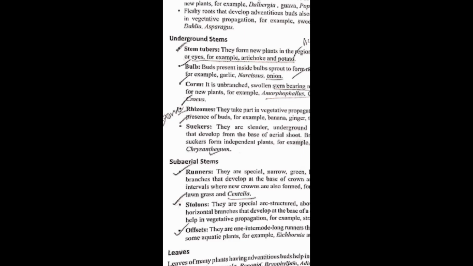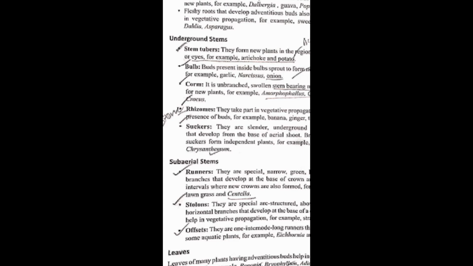And the last one is sucker. Suckers are slender underground branches that develop from the base of the aerial shoot. Breaking of a sucker gives an independent plant, for example mint. Many times they ask in questions what mint is, whether corm, rhizome, sucker, runner, or stolon. They mostly ask sucker. Mint and chrysanthemum are two of the most important